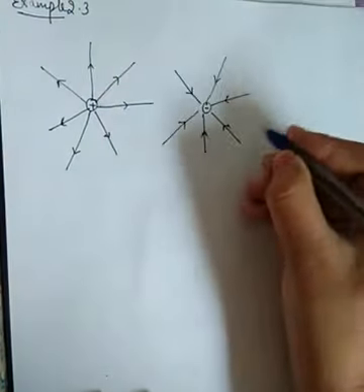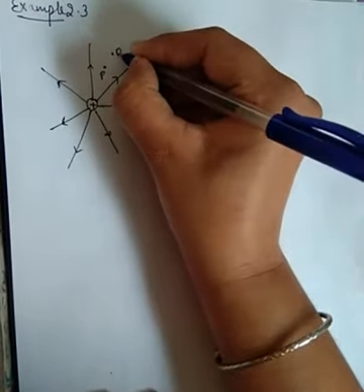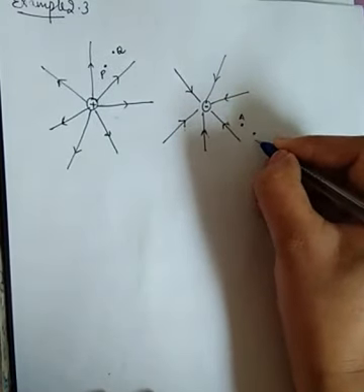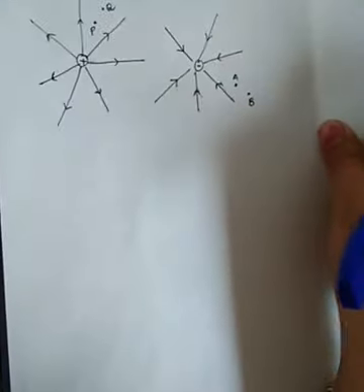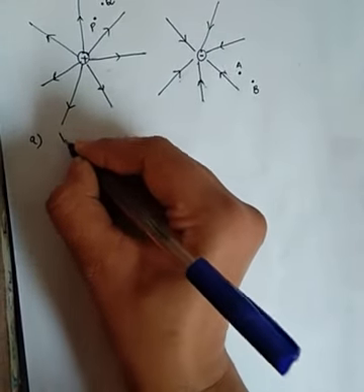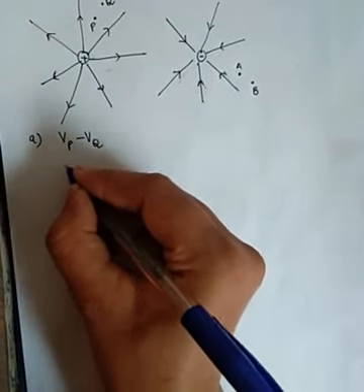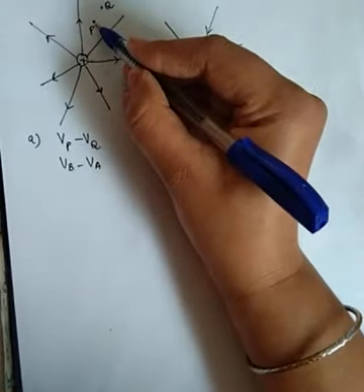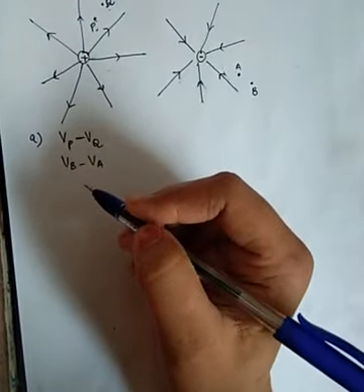So what is being asked? We are provided with 2 points. Let the first point here be P and the second one Q, and the same here, 2 points have been provided so as to compare the energy, potential and many more things. So what is the question? In part A, we have to find out the sign of Vp minus Vq and Vb minus Va. Vp and Vq means these 2 points have been asked regarding their difference in potential.